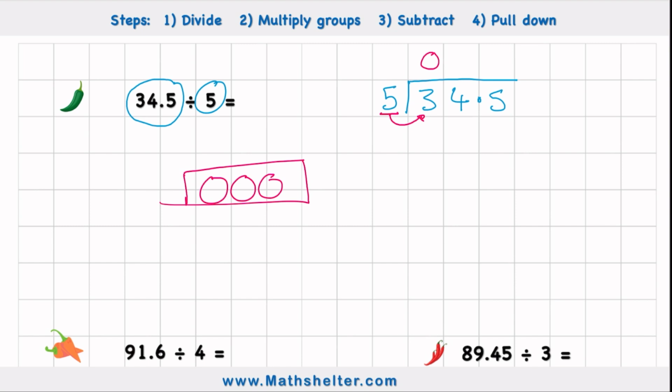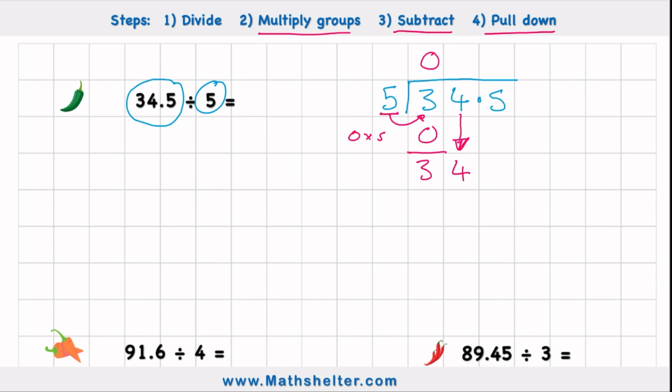And then to complete the process, I'm going to multiply my groups. Even though I've made no groups, I'm going to do 0 times 5, which is obviously 0. And then take that away from my 3, which leaves me, of course, with 3. So I've subtracted, and now all I need to do is pull down the next number, which in this case is the 4. Now what I'm trying to do is look at how many groups of 5 there are in